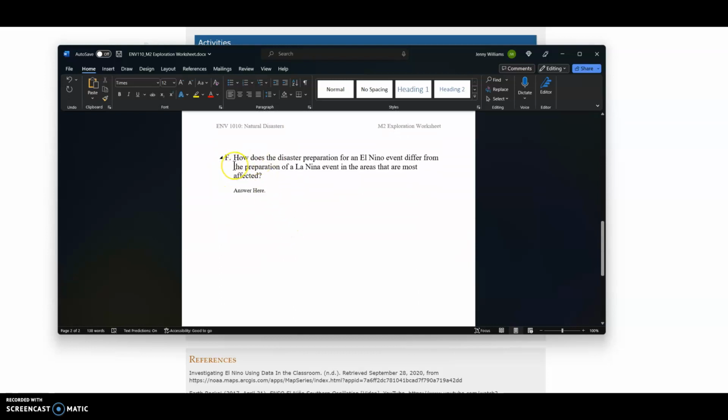And then for letter F, how does the disaster preparation for an El Nino event differ from the preparation for a La Nina event in the areas that are most affected? So essentially, what do places do to prepare for El Nino versus La Nina? Because they produce entirely different sets of weather phenomena. And so you just want to write, during an El Nino event, local areas will, right? And then during